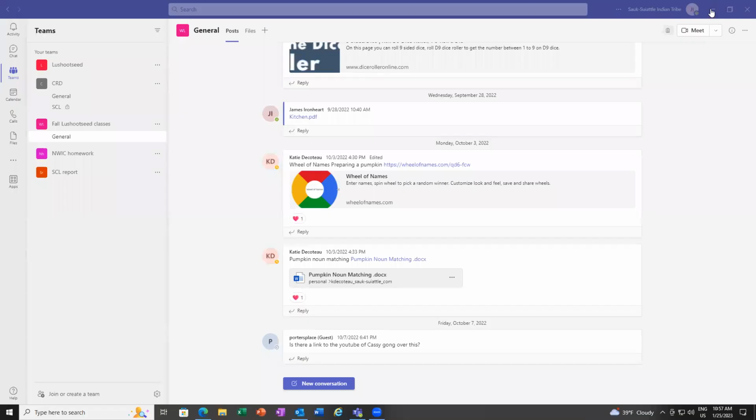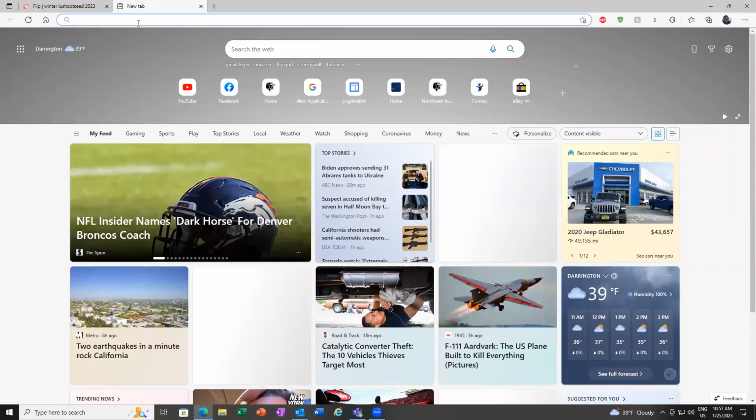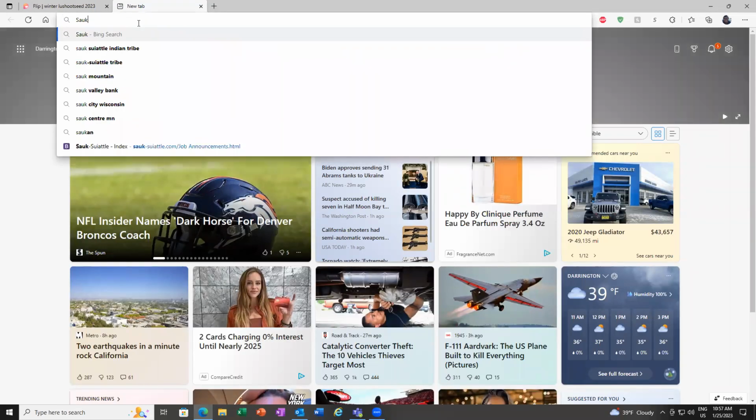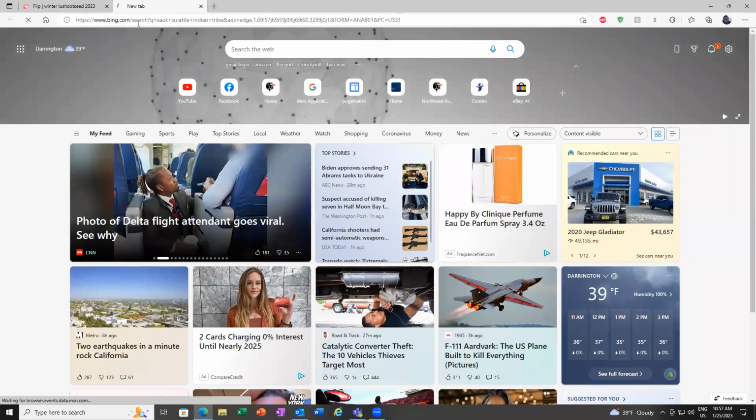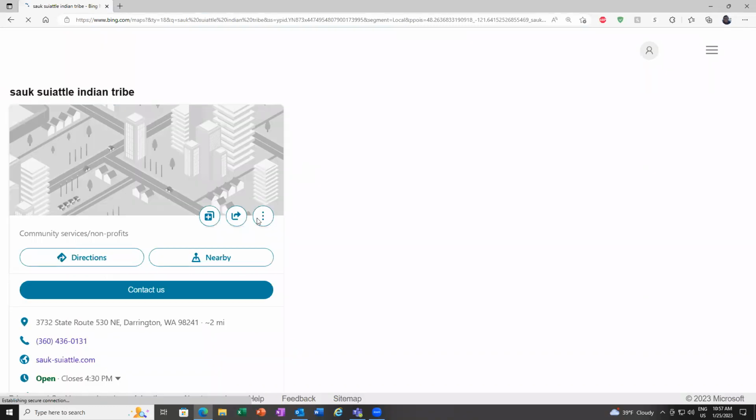Let's see here. Let's turn that video off so we can actually have some decent audio here. We are in a very remote village up here in Soxwaddle. If you go ahead and Google map us where Soxwaddle is, you'll come up with this. Now that is the museum.